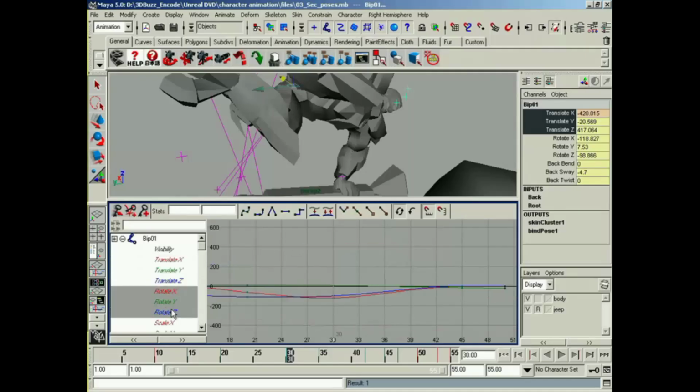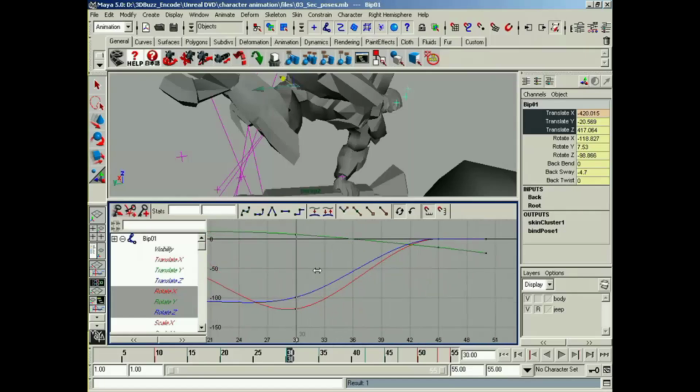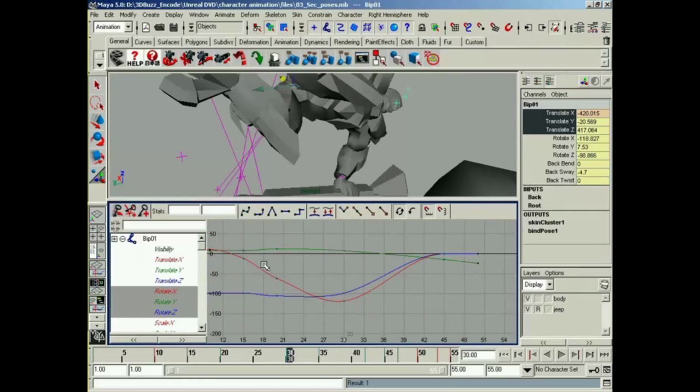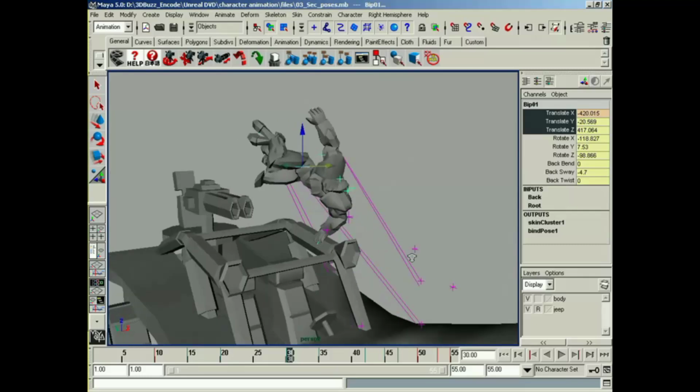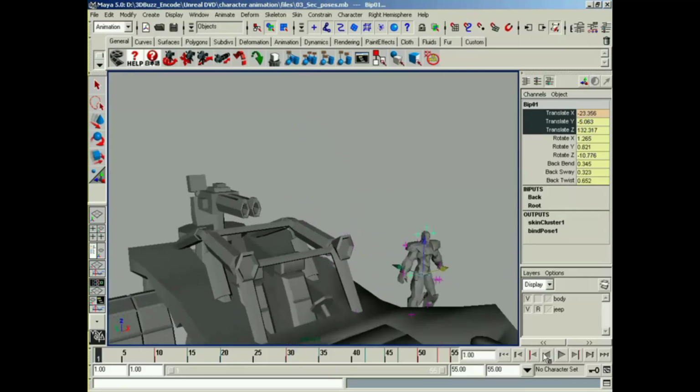I'm going to come here to my rotates. I'm going to look at my rotates a little bit and see what they're doing. You see, you guys, they're kind of peaky. They peak out too much. They're not really smooth. So I'm going to come here and try to smooth them out with my handles. I'm trying to just make them more fluid. Like I said, the guy doesn't really need that much tweaking. Sometimes you may need a lot, and you're trying to keep this curve smooth. As you can see right here, I have a little lump. I'm just trying to see if I can fix it. And surprisingly enough, small changes like this do, in fact, make a large visual change on your animation. So now if I hit play,